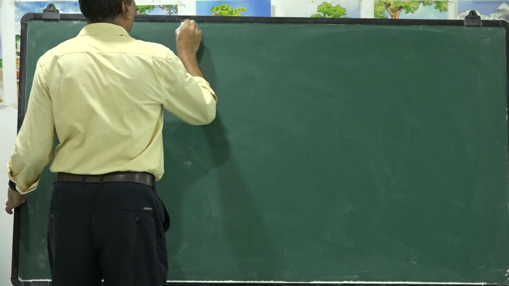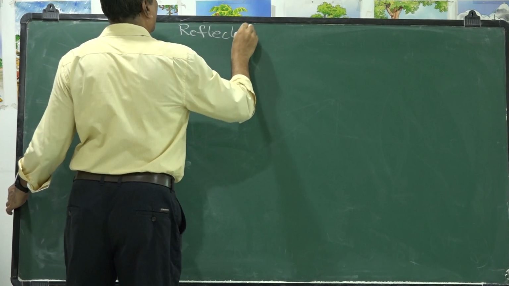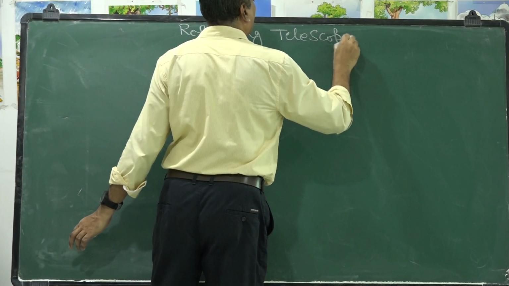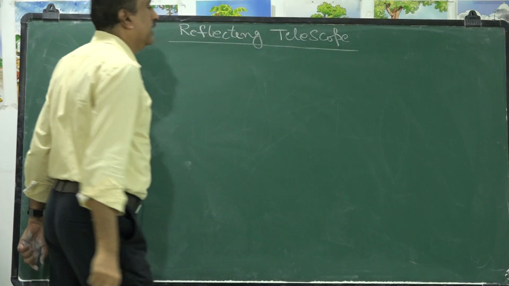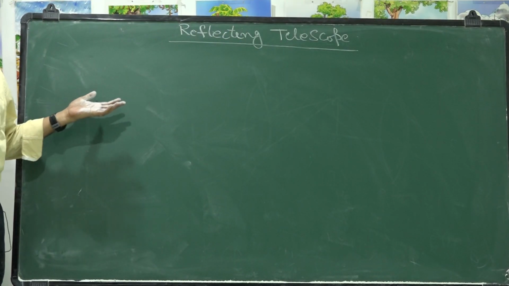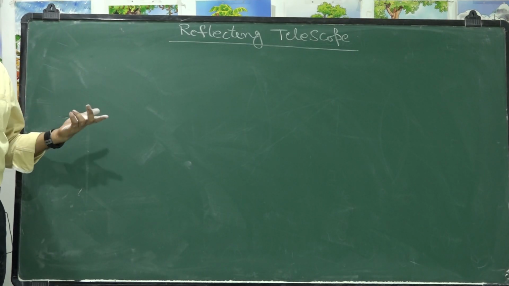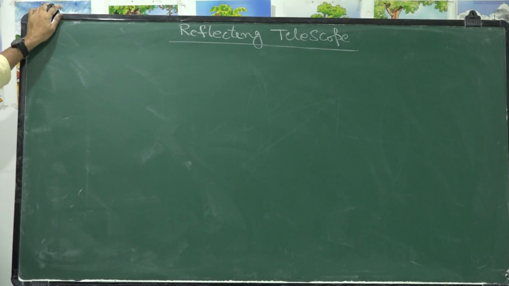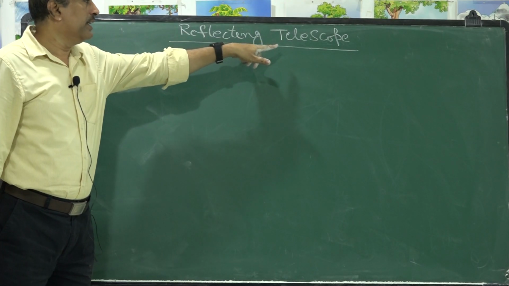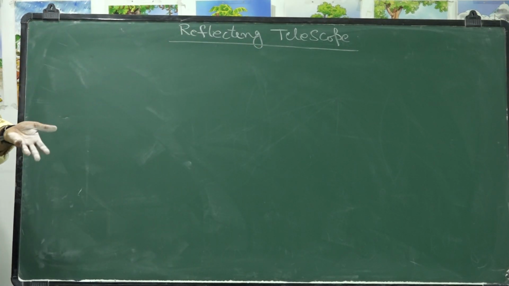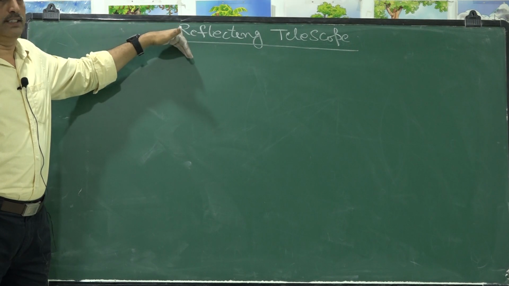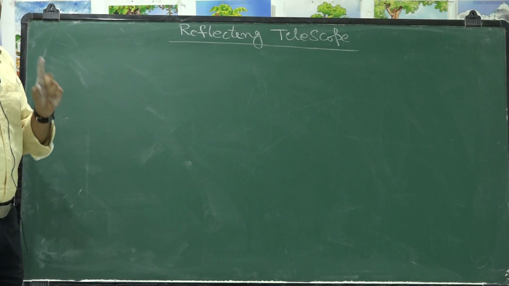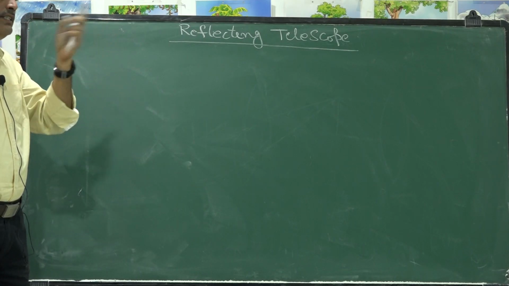Now, the next one is reflecting telescopes. Our astronomical telescope uses 2 convex lenses. A convex lens works on the principle of refraction, so those telescopes are called refracting telescopes. Here it is a reflecting telescope, meaning the reflecting objects are mirrors. So here we use a mirror in place of the objective lens, because as the requirement of a telescope, the objective lens is of larger focal length and larger aperture.